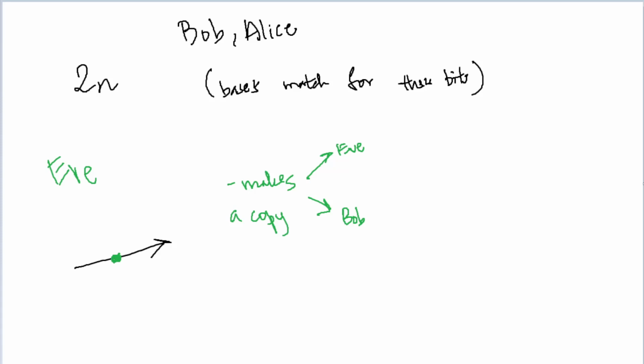When she intercepts the qubit between Alice and Bob, she has to measure the qubit. And in order to measure the qubit, she has to measure it in some direction, in one of the two basis vectors, either vertical or horizontal, in order to determine the direction this qubit is attempting to tell you, or the information stored within this qubit. From there, she measures the qubit and then sends it on to Bob. Now, in the case that there is some interference between Alice and Bob, let's talk a little bit about what happens. Keep in mind that Alice and Bob are only interested in the cases where they chose the same bases, our lovely 2n string right over here.